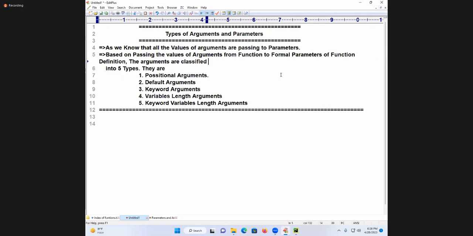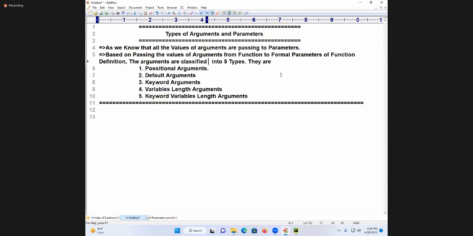The arguments are classified into how many types? 5 types. I wrote them one by one.